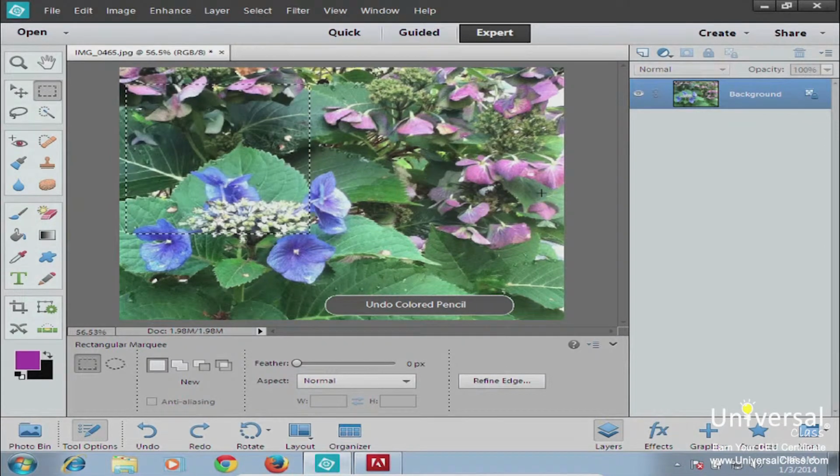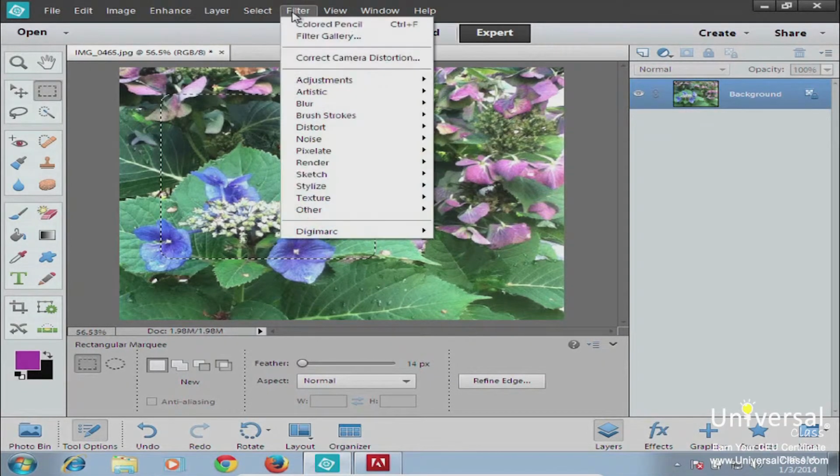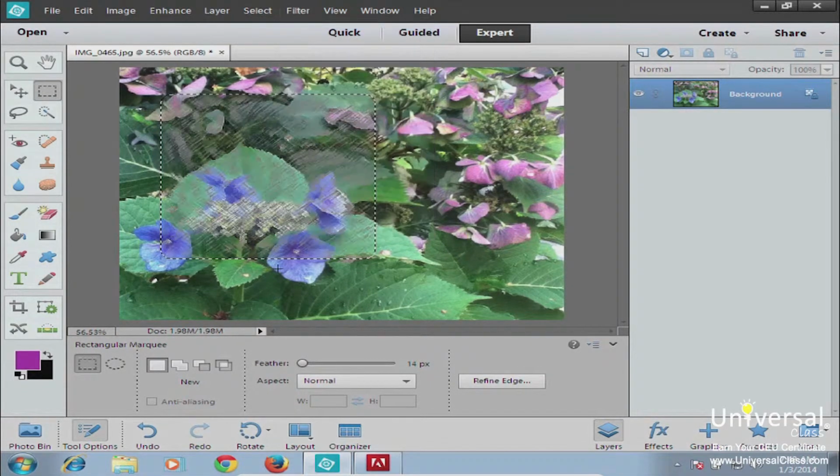But if you get out of that and you go to feather, and you go to probably something around 10 or 12, right in that range, and you get a softer selection,